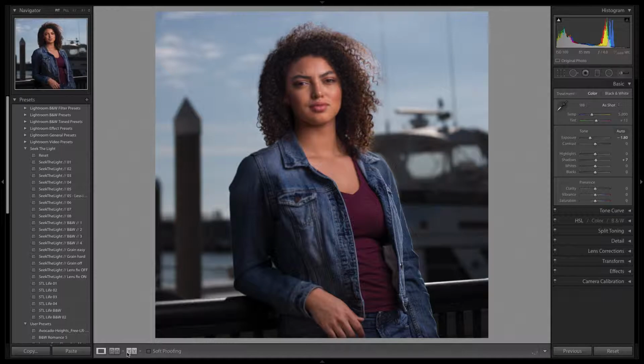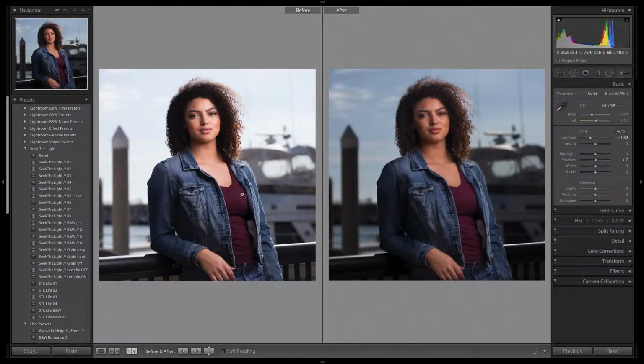So let's see a little before and after. If you see right here, the flash looks pretty powerful on her skin. There's a lot of shadow in her hair. You just see this background is very, very white and bright. There's nothing wrong with that, but I think this looks a lot better because you can clearly see there's a sky there, and you really bring back a lot of that detail